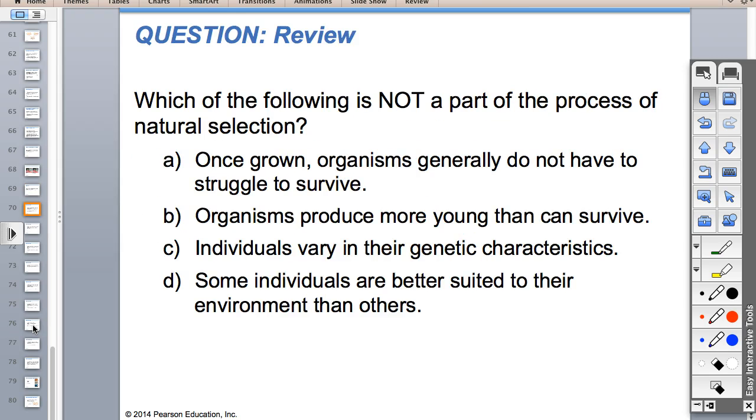So, anyway, which of the following is not a part of the process of natural selection? You know, this will be fun. Just to give you a little break, the secretaries, go get the little boards and the little markers and erasers. Have I used those yet? No? Okay. There's the little boards and erasers and markers on the back table. Get one for each person. Well, a lot of times I'll use that app on your phone, but might as well do this. Why not?